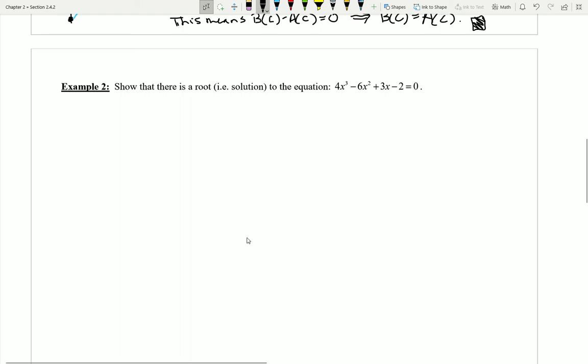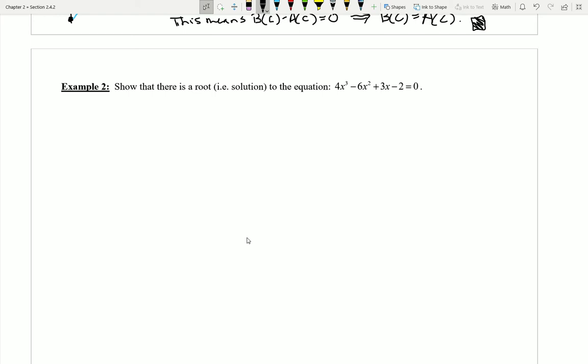Let's take a look now at example number 2. We'll see this is very similar and actually a bit easier than example number 1. I want to show that there is a root, or more specifically, I guess, a solution to this equation. Now you could spend a lot of time here trying to find out what the solution is, but